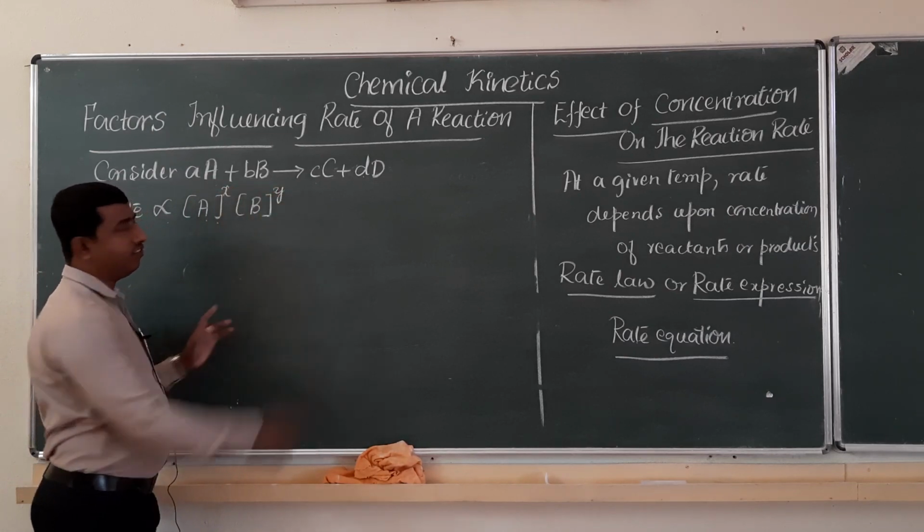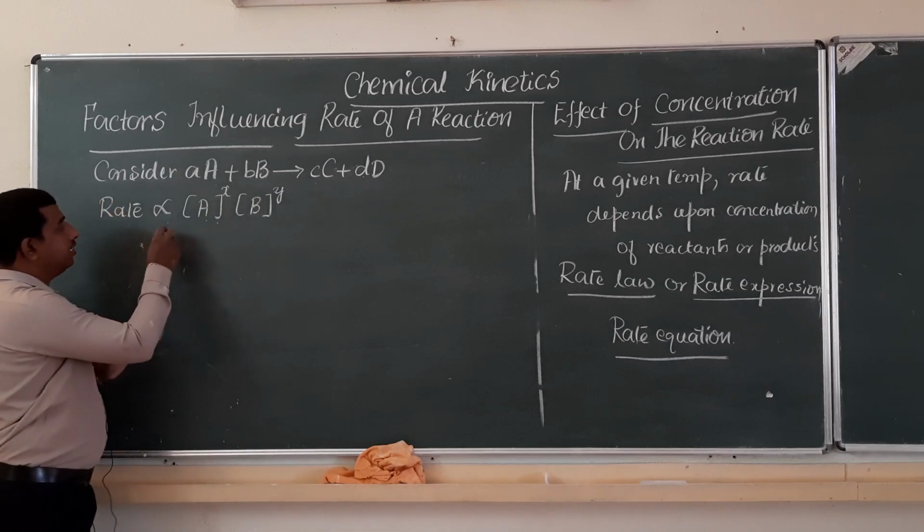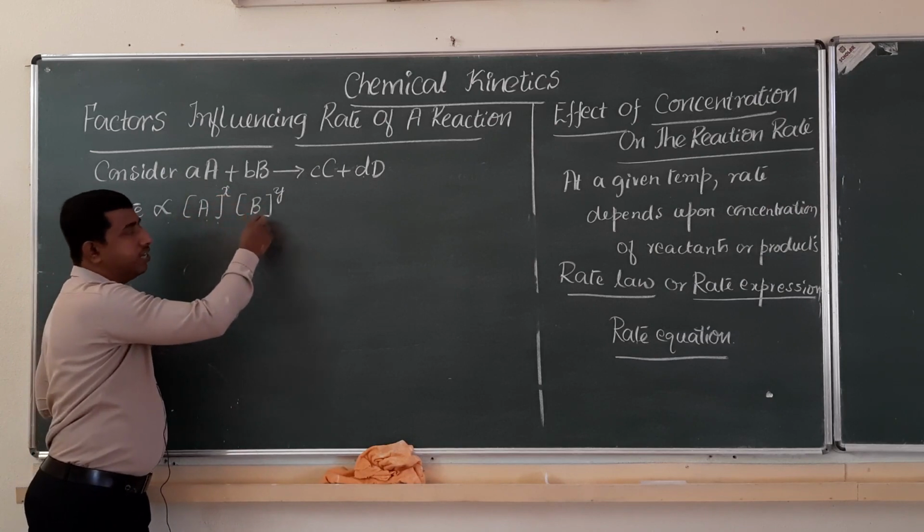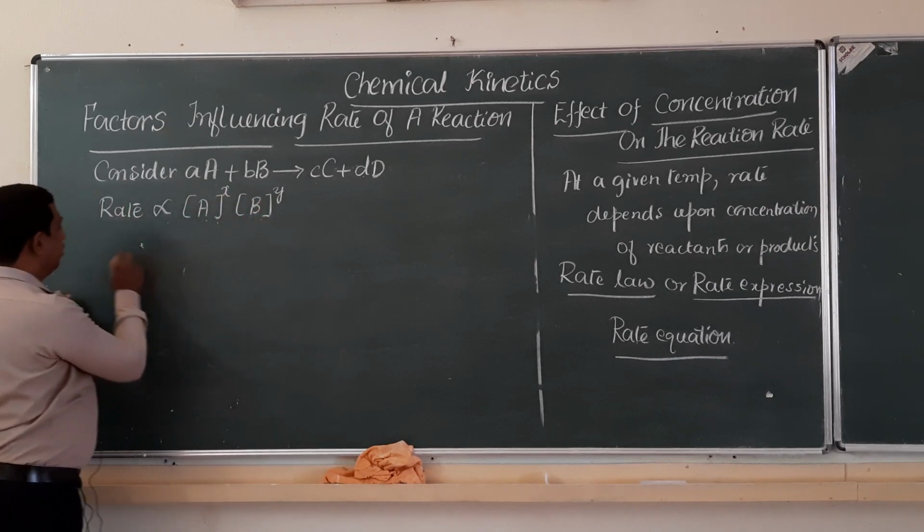We don't know the values of x and y. So, rate is directly proportional to concentration of A power x, concentration of B power y,